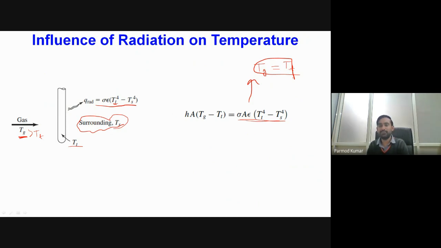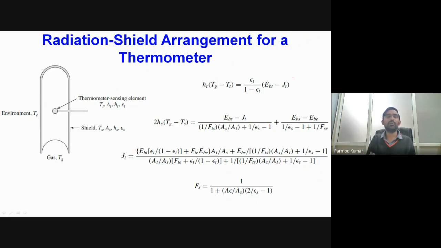However, if we include the effect of radiative heat transfer from the surface of the thermocouple, then we will have certain error in our measurement of temperature. At low values of temperature, because radiation heat transfer is not significant, the error encountered will be negligible. However, if we have to measure a temperature at a high absolute value, then we will have significant error in our measurement. So to avoid this error, we go for an arrangement, which is referred to as a radiation shield.